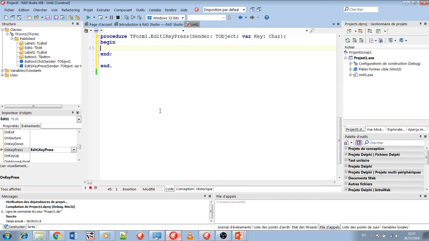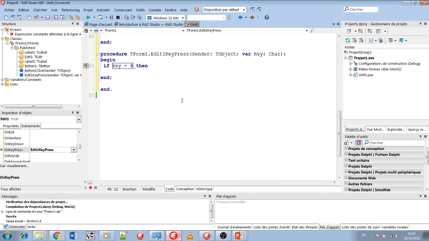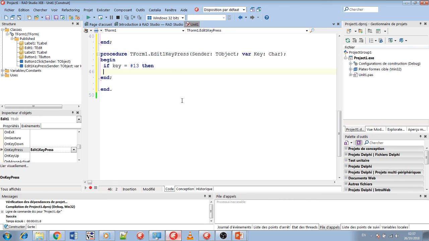Double click this one, and this event has a parameter which is key, which is a character basically, and we are going to check if this key is equal to #13, which is basically the ASCII code for a carriage return, or basically when you press enter. If we press a key and that key happens to be the enter key, then we are going to press the button number 1,